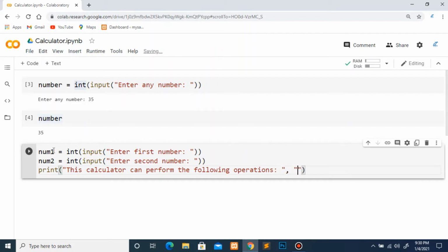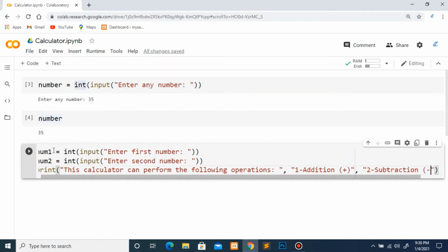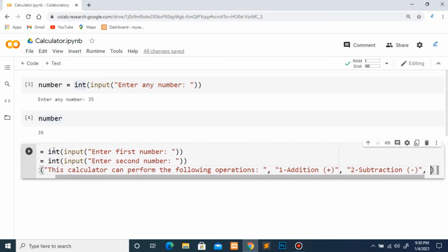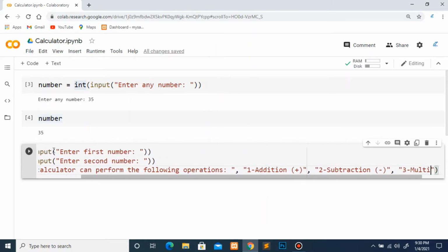Now these operations are, first one is addition, and for addition the symbol will be this plus, then subtraction, then we have multiplication.